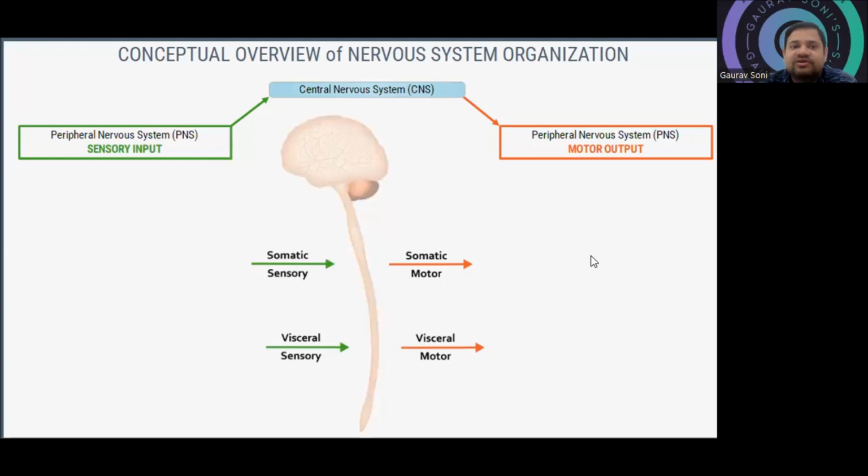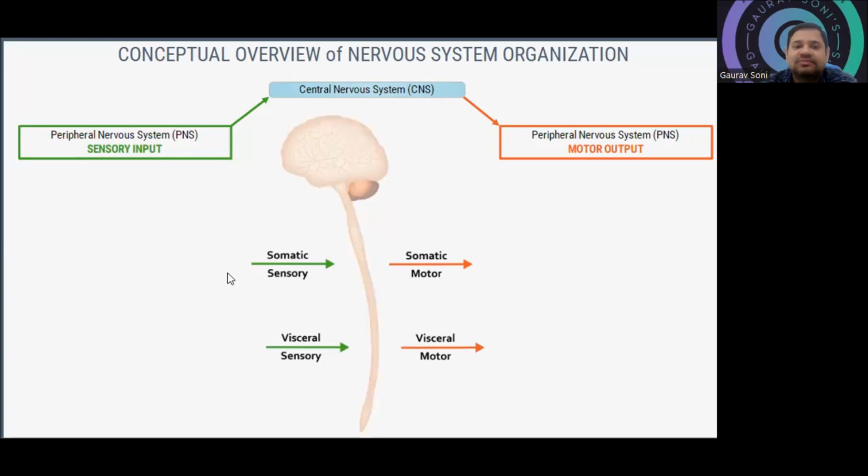Good morning, friends. Today we are going to talk about the conceptual overview of nervous system organization, how signs and symptoms are going to transfer to the brain, and then from the brain how the signal will come to the peripheries. So we'll talk about the overview. You can see here the nervous system can be divided into two parts: the central nervous system, that is CNS,